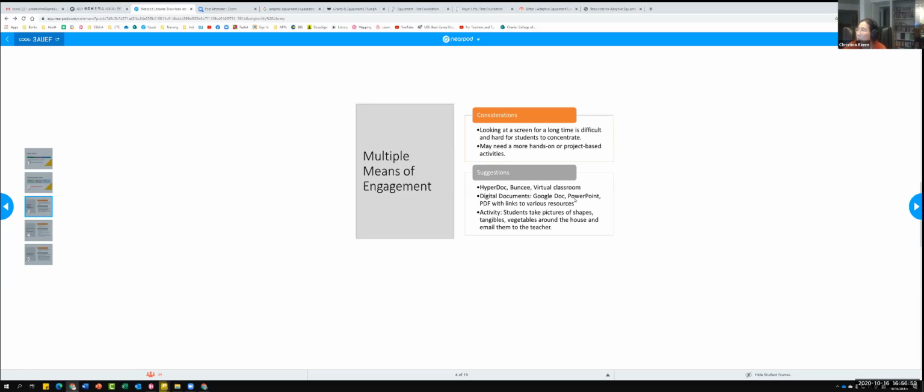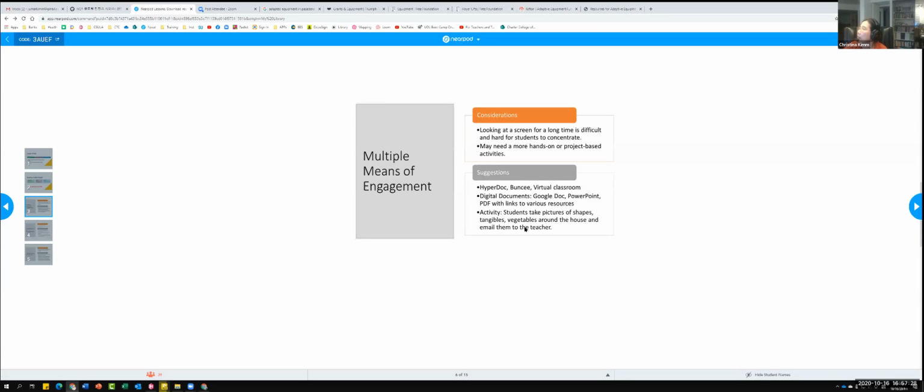So Google Doc, many of you are using it, PowerPoint. So that's a good PDF with the link. That's what I was going to show you in the Canvas. So download it and then you can see how that PDF can be interactive. So students with moderate to severe disability, same way, if they can open up the PDF on the screen, they have to move the mouse and then click that link. So they will do